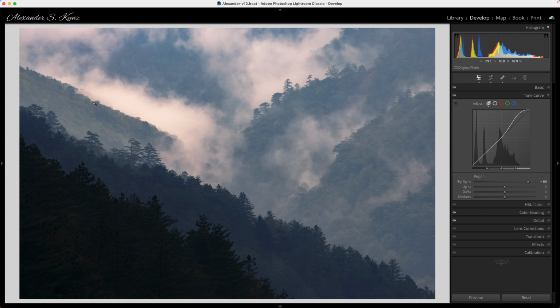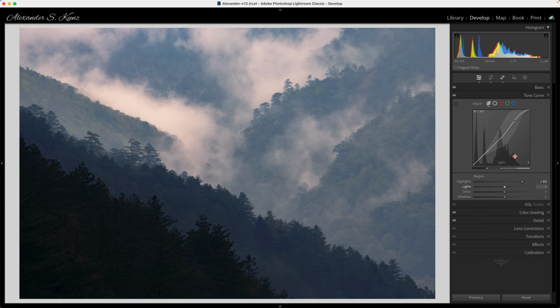Maybe a plus 80 just looking at this cloud here is a little bit too much, so I would dial that back a little bit to preserve that somewhat somber mood, but still improving the overall punch of the image. Here's what that looks like. When I click and hold my left mouse button on that eye symbol, I can deactivate this tone curve panel's adjustments. And then this is what it looks like after. And you can clearly see how very subtle this adjustment is and how very targeted,